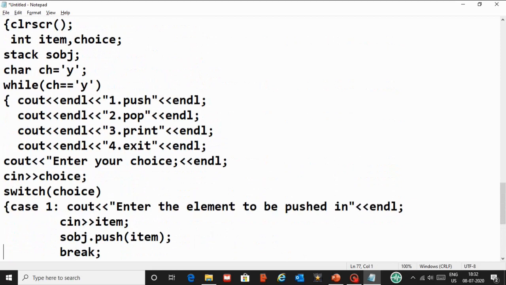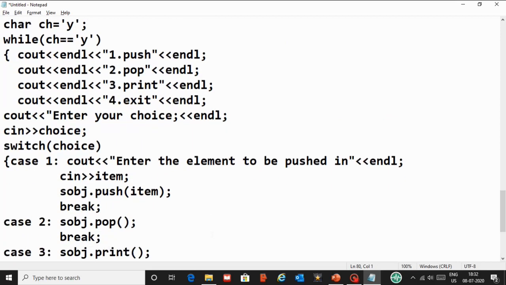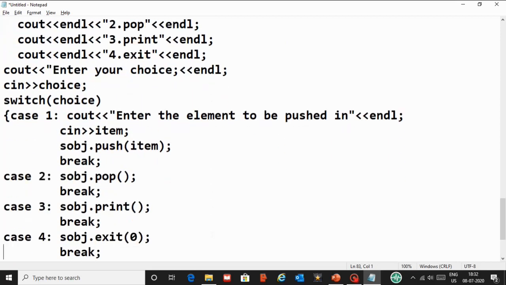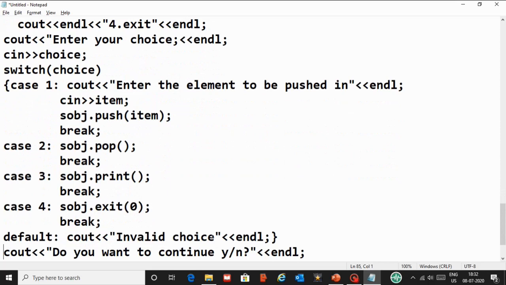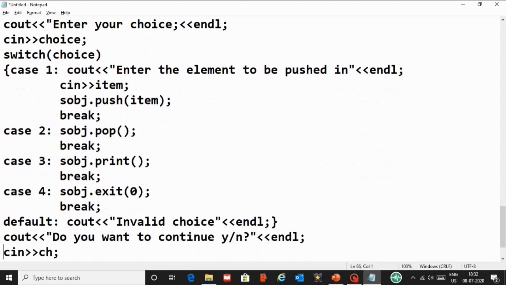Depending on the choice, that particular function would be called, and if you write anything apart from 1 2 3 4, it will give you an invalid choice message. After that, if you want to continue, yes or no,